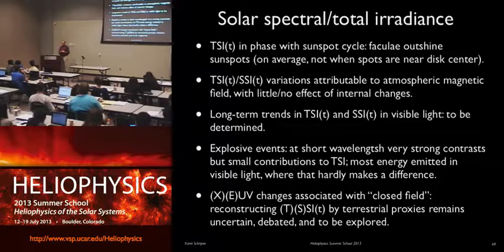The long-term trends, neither in total nor in solar spectral irradiance, do we really know which way things are going. The sun is pretty flat. It's flatter than we can get the calibrations of our instruments at present. Explosive events are wonderful to look at. They don't do terribly much to TSI, but they do a lot in solar spectral irradiance, particularly at the short wavelengths. So it's just a matter of contrast. They're huge where the sun itself is dark.